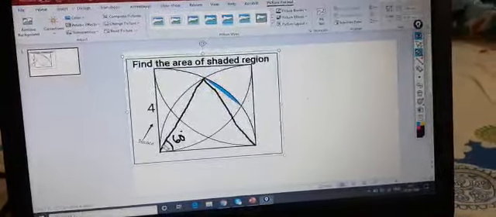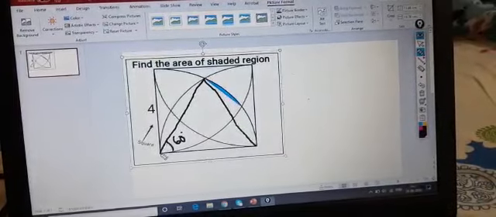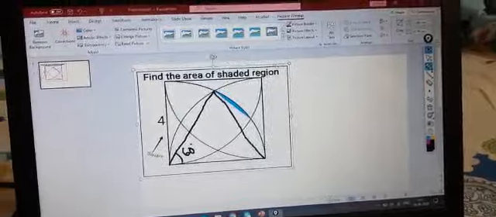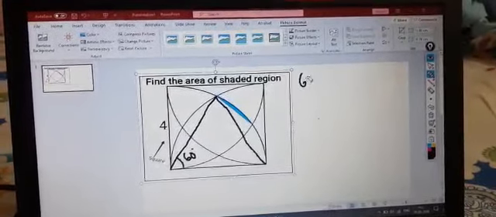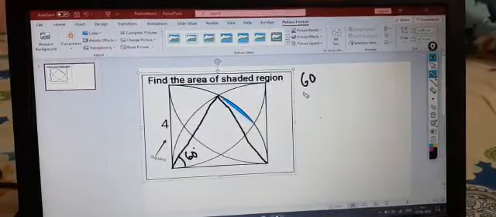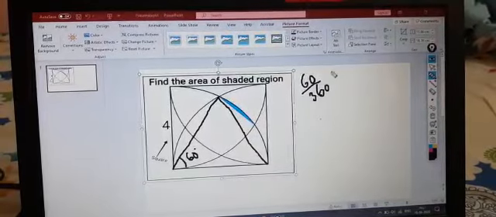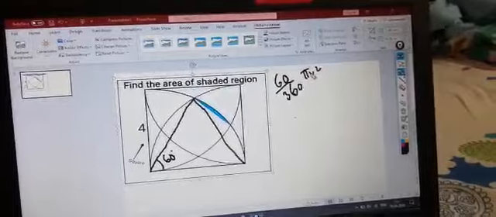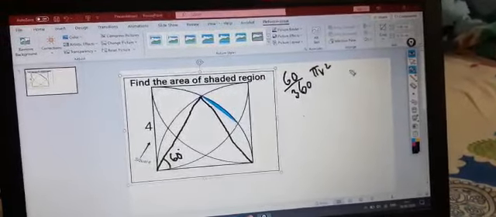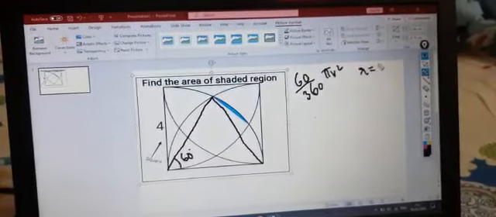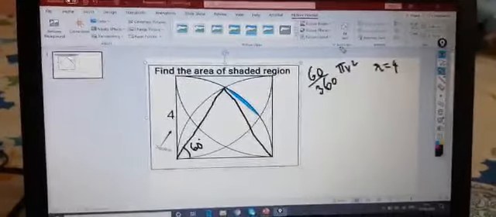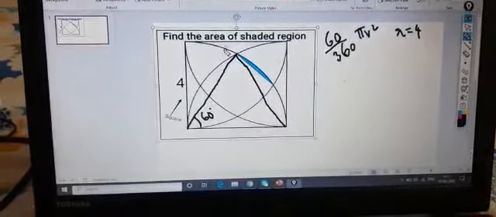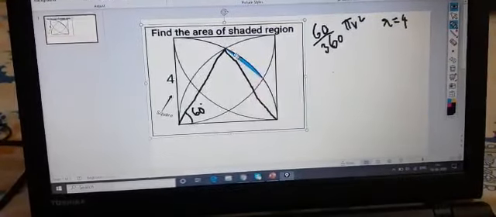So now I'll try to find out area of this sector, this line of equilateral and this sector. So very simply I'll write 60 by 360 into pi r square. So r here is equal to 4 as the radius of the circle. So this is the part of sector. Now I'll want the area of equilateral triangle, so that I'll be getting this shaded region.